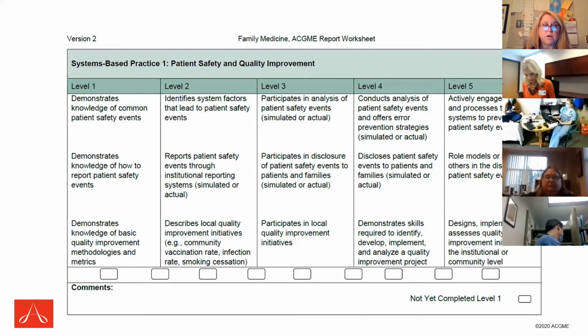Some of you may sit on what used to be called the infectious disease committee. I don't know what it's called now, but how we prevent central line infections and urinary tract catheter associated infections and what is our C. diff rate and all of that. Anything that you're working on for quality improvement will help to contribute to your ability to grow in systems-based practice,